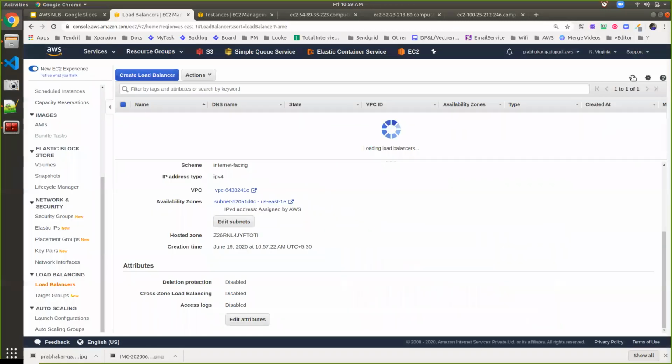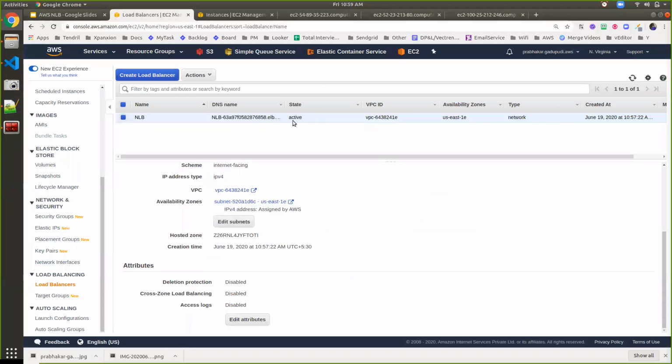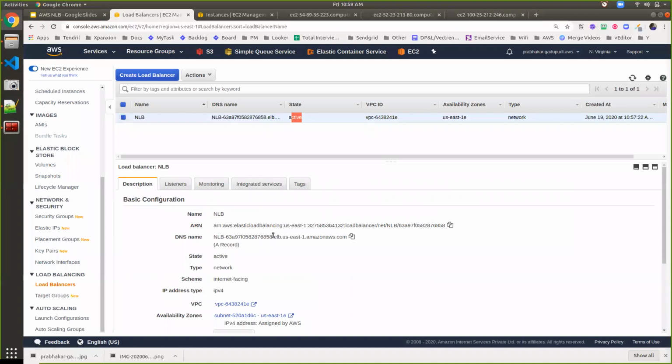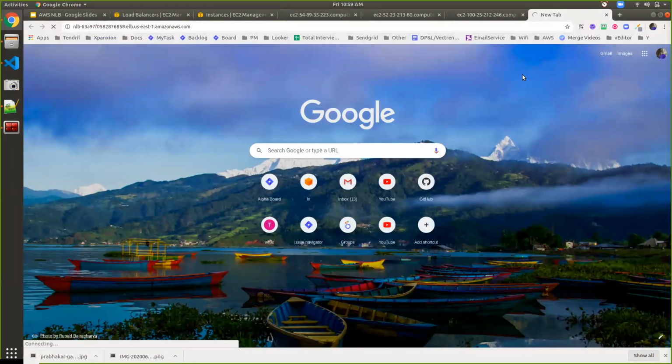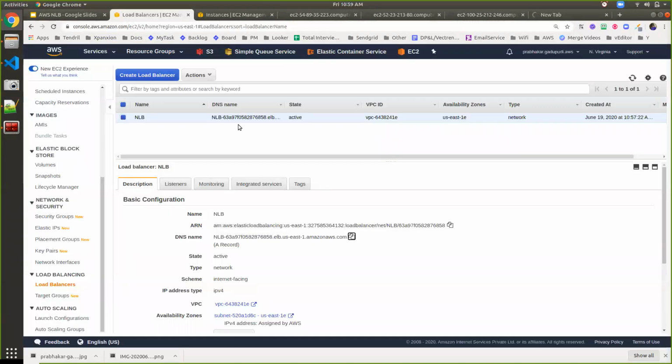If I go ahead and refresh the changes, now if you see, the network load balancer is active. So I can go ahead and copy the DNS and paste the DNS name here. By that time, my network load balancer is active, but I have to check my target group also. All the instances should be healthy, and the health check should be passed.